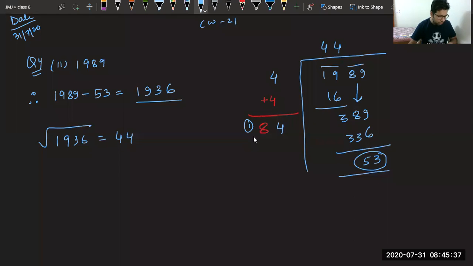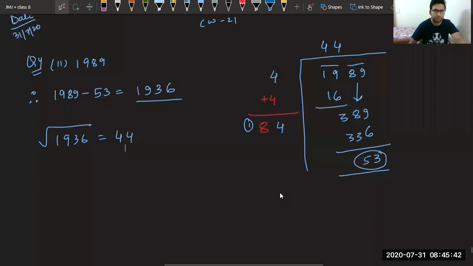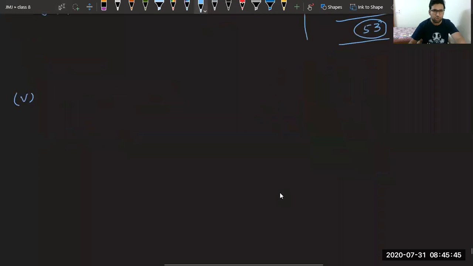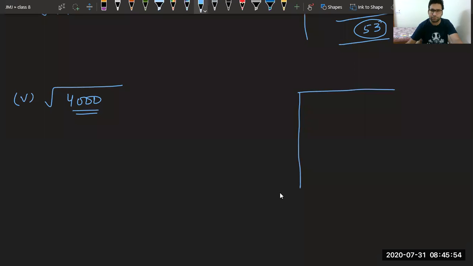Suppose we take the fifth part. We want to check by which number if you subtract, it becomes a perfect square. Again, write 4000. Which number square is equal to 40 or just less than 40? 6. So 6 6s will give you 36. It will give you 4. 00 will come out.